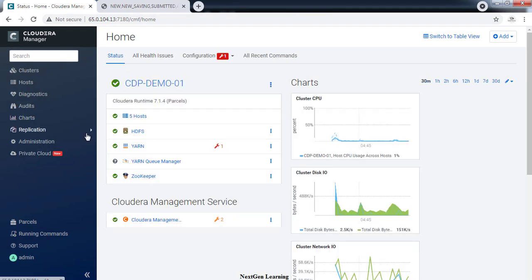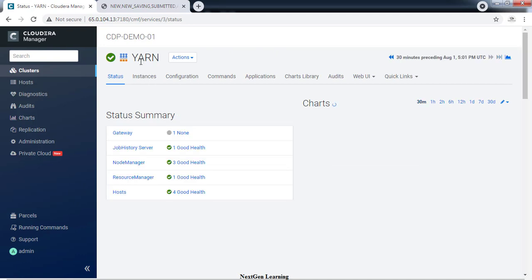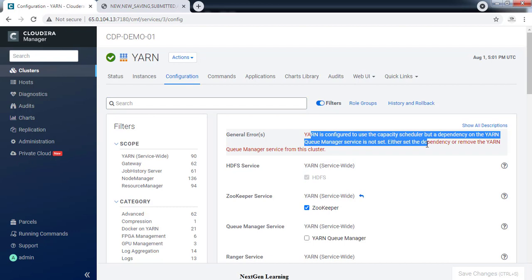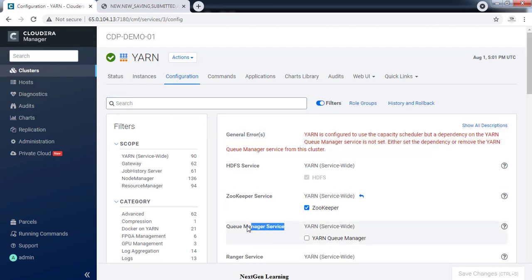If there are any dependent services that we need to restart, we have to do that. But before that, let's make some configuration changes in Yarn. Go to the configuration, and here there is a warning saying that we are using Capacity Scheduler but not using Queue Manager.